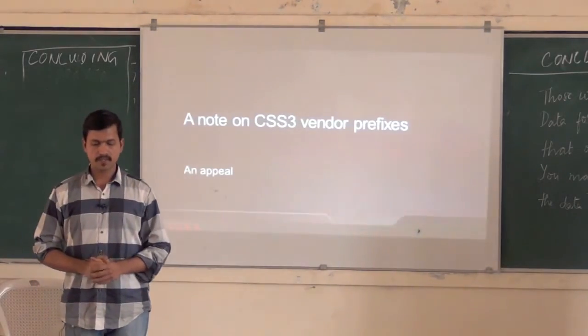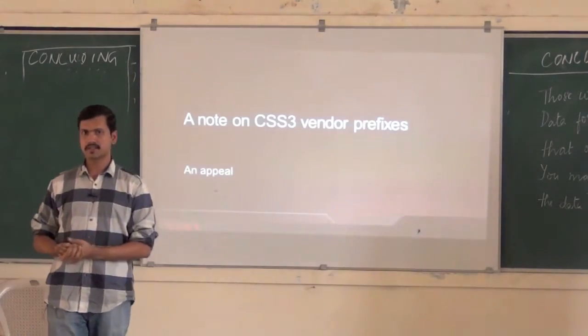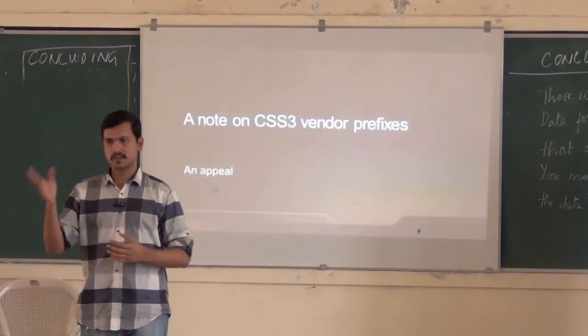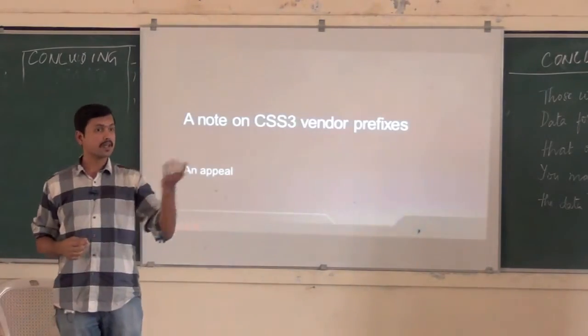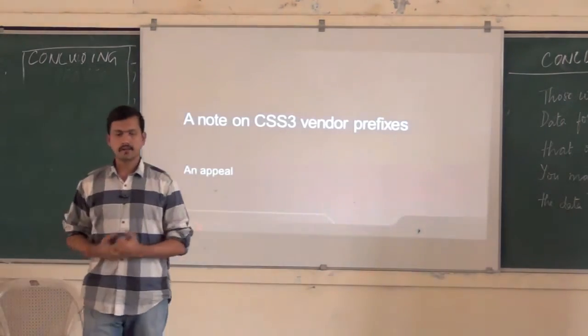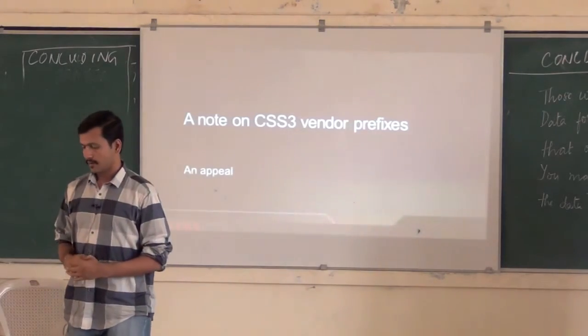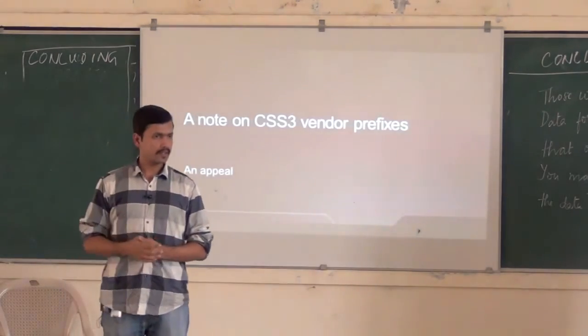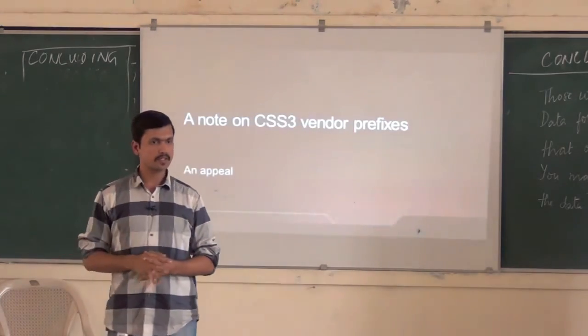Briefly, CSS3 brings a whole new set of presentation capabilities, right? For example, the box shadow and the border radius, CSS3 transitions, 2D transforms, 3D transforms. All of these are capabilities that CSS3 brings to the table, and all modern browsers have started implementing them, and the support is available. However, these specs are not final yet, right? These are still a working draft, right? It's not a proposed recommendation yet.